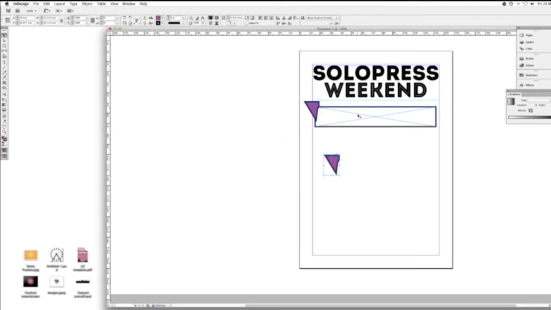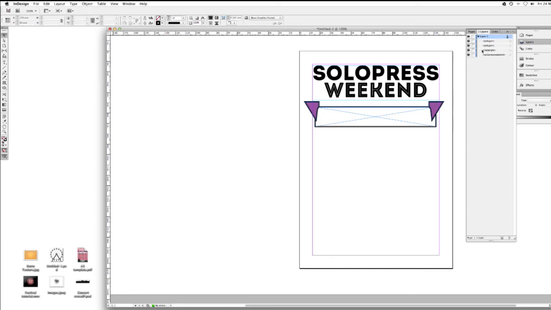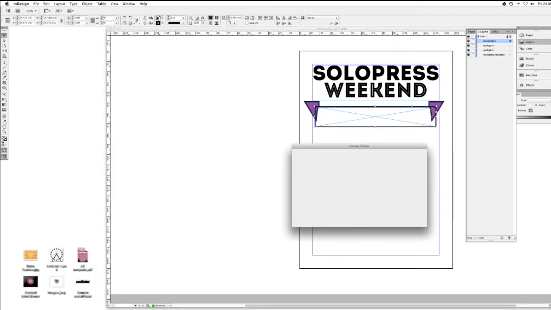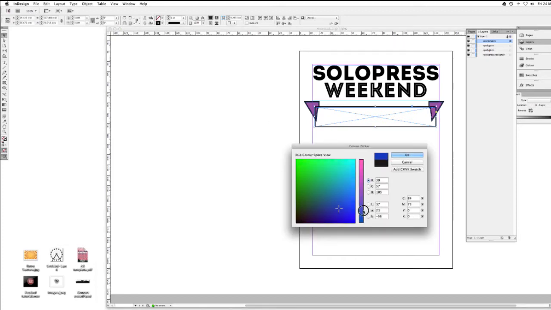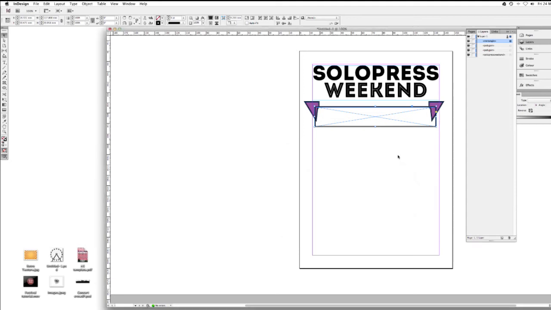And then I'll copy and paste this, and then flip it and place it the other side. Make sure they're all lined up nicely. And then I'll go over to the layers tool and just adjust the layers so the rectangle is off the front. And I'll just go ahead and quickly make it the same at the front. I've just made the line a bit thicker so it's a bit different from the background.